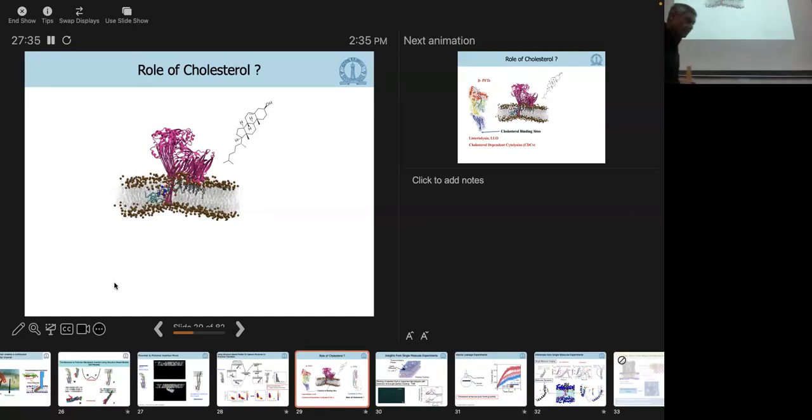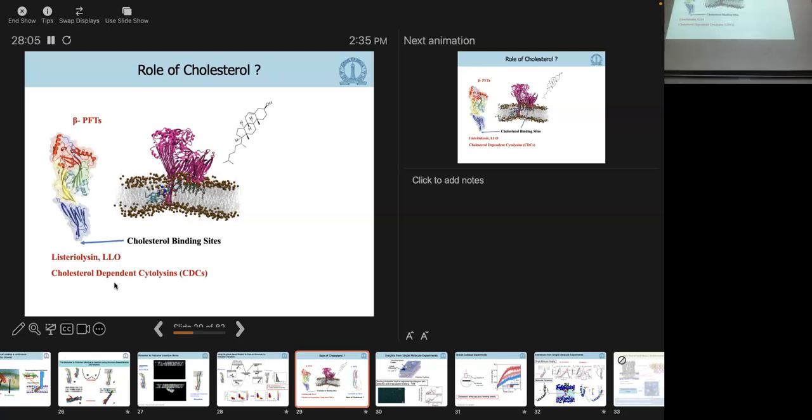The next part of my talk is about how cholesterol plays a role. This is an interesting story because for the alpha toxins, there was really not much information on what role cholesterol plays. I think we've been able to unravel that in a very detailed manner over a bunch of different studies using MD simulations, as well as the single particle tracking that I'll show you in a short while. There's a lot of information on cholesterol-dependent cytolysins, right?